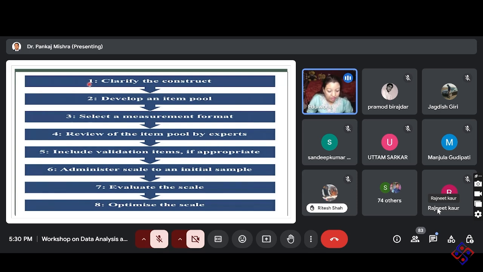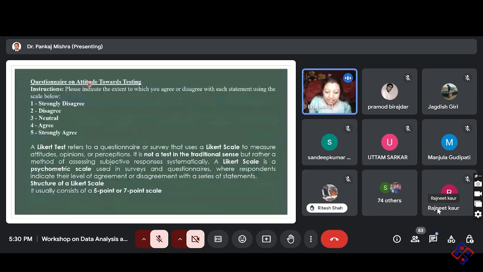Now, after the validation is done, the final questionnaire has been set. Now, we will apply the set on the initial sample. Okay, the initial sample is the pilot testing sample, the sample that we have selected for our pilot testing. And after that, we are going to evaluate the results, like how many items have been accepted, how many items are being rejected and not fulfilling the parameters that we have set. In that way we will do the evaluation, and after that we will optimize the scale, like we are giving the final touch-up to the scale. Okay, next. Till here, any question?